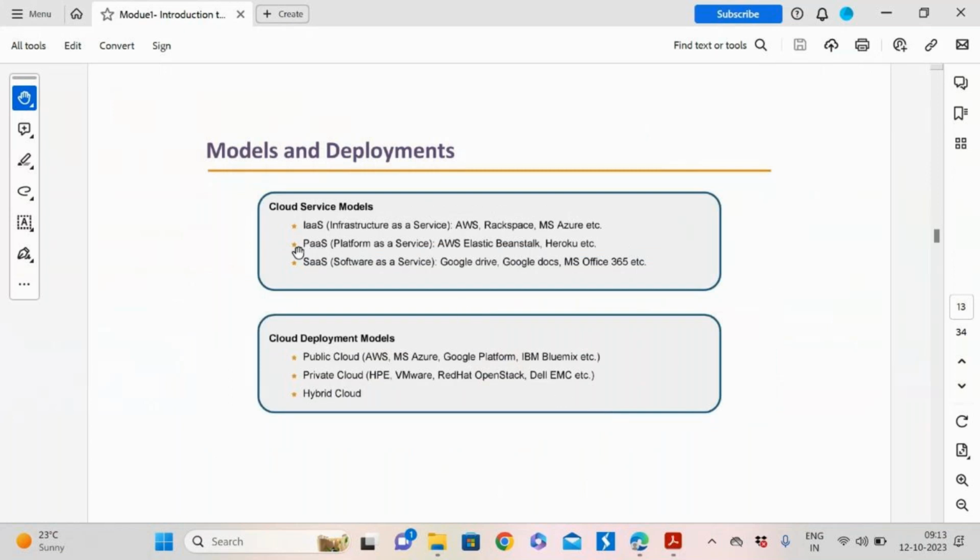Last time I think I told you about the deployment models. This is the service model, and that is a deployment model. Deployment models are public cloud, private cloud and hybrid. A private cloud means it is internally connected.